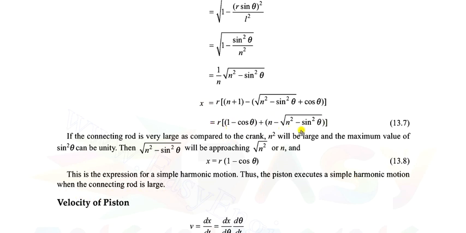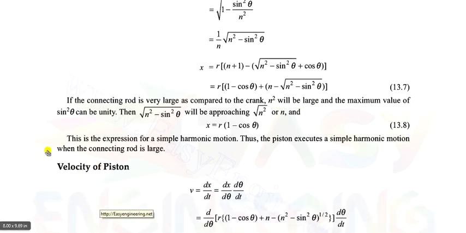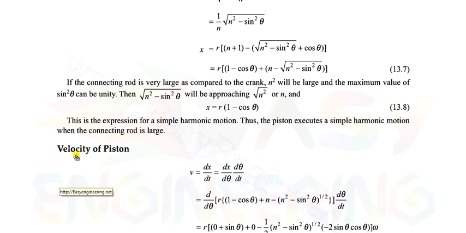This expression is giving us the displacement, and from this displacement we can get the velocity of the piston. What we finally need is the velocity of the piston and then the acceleration, because to calculate inertia, meaning dynamic analysis, you need Fi equal to m into a. M into a means acceleration, here he is using f, so we need f or acceleration. So first we will calculate the velocity of the piston.